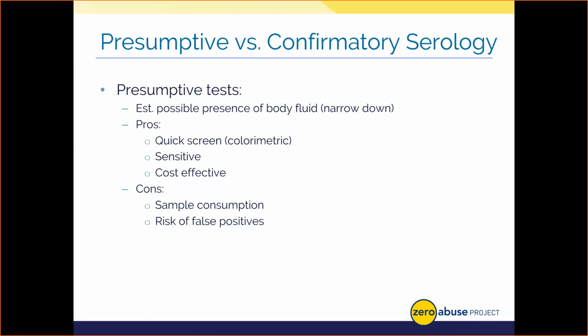For example, many different items, such as vegetable enzymes, have been demonstrated through research to potentially scramble a presumptive blood test, leading to a positive result when a body fluid actually isn't present. Because of false positives and negatives in our presumptive testing, we cannot definitively say a given stain is a particular body fluid at this point, and we need to confirm the stain in a second round of serology-based testing.